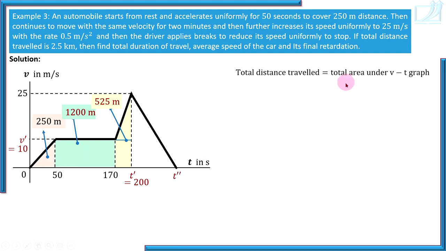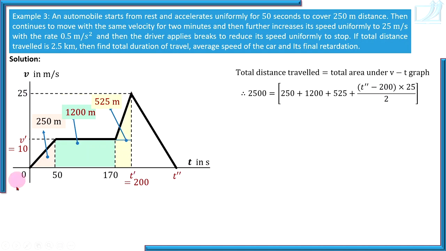So total distance travelled is given, 2500. So distance travelled during initial accelerated motion plus distance travelled during uniform velocity motion plus distance travelled during accelerated motion in these 30 seconds plus this distance travelled, and this is that area. How much is this area? We don't know. So in terms of T double dash, base is T double dash minus 200 into height of